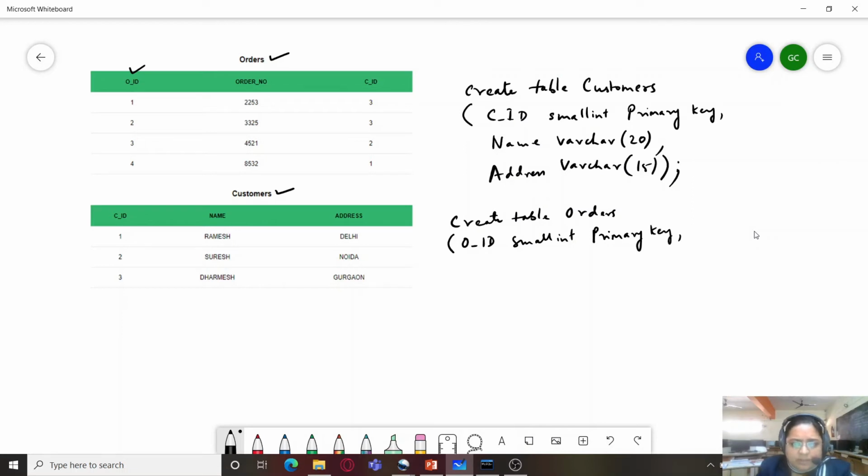We have order number, and let's take it as medium int and not null, because we cannot leave order number blank. And then we have the CID over here. So I'm going to write it like this, CID.